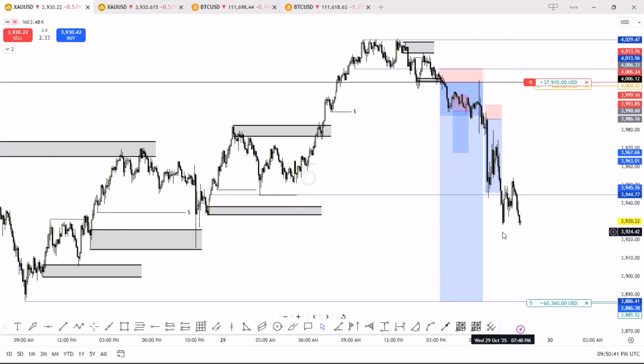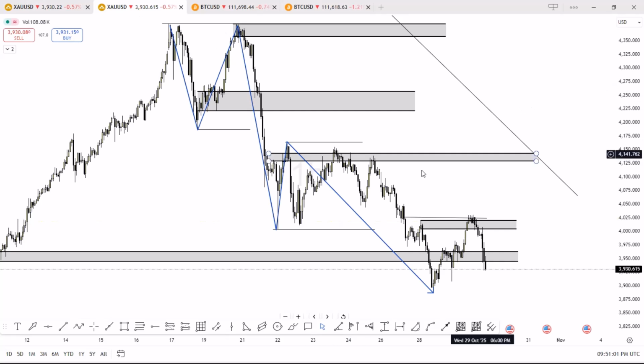So you always have to know if price is pushing all the way up, even if you don't want to be in the trade, mark those good zones, because when price comes back to those levels, there might be rejections, right? Very, very simple. So yes, these were the trades that I actually took, and this was just the analysis. A very simple analysis. You don't have to stress yourself.